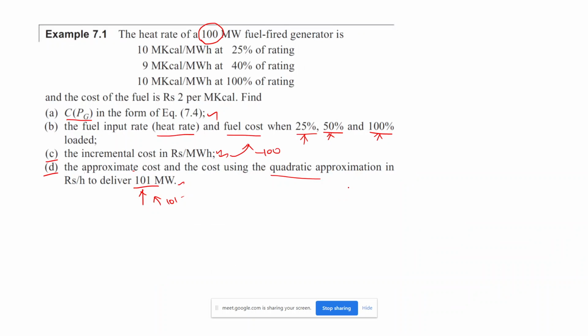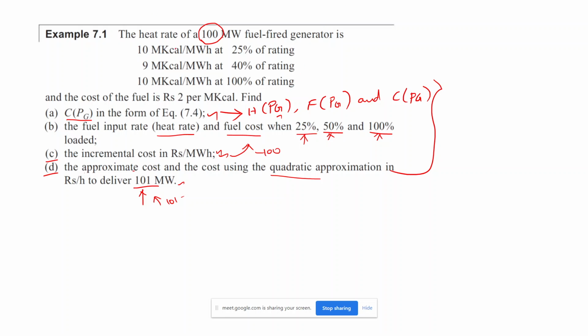So let's check one by one. Let me try to solve one by one. First I am taking the cost. Otherwise I will change this question. Instead of finding cost, let's check all the H(PG) as well as F(PG) and C(PG). Let's find all these three. Okay, let me find all these three for the given question. So these are all the values we need to find, but before that we need to understand what question they have given.